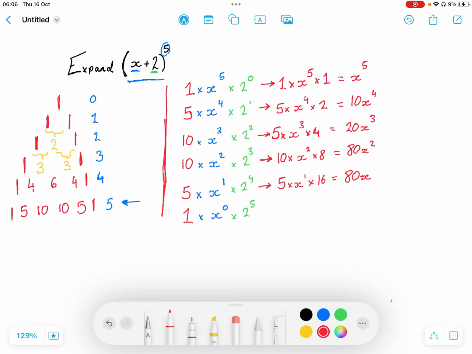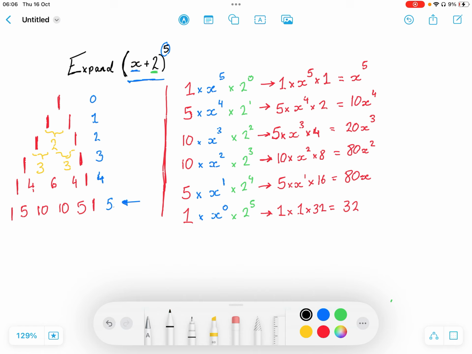And finally, 1 times x to the power of 0 times 2 to the power of 5. Well, that's 1. X to the power of 0 is obviously just 1, right? Anything to the power of 0 is 1, including x, times 2 to the power of 5, which is 32, equals 32. There, I've expanded it all, and we just have to bring our nice terms together